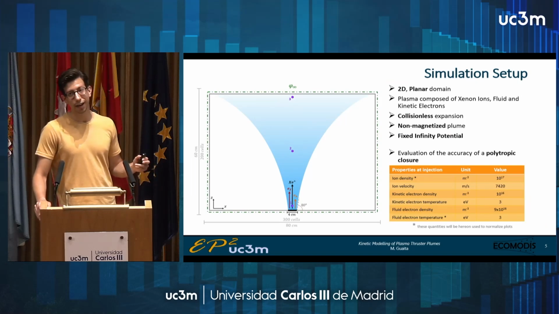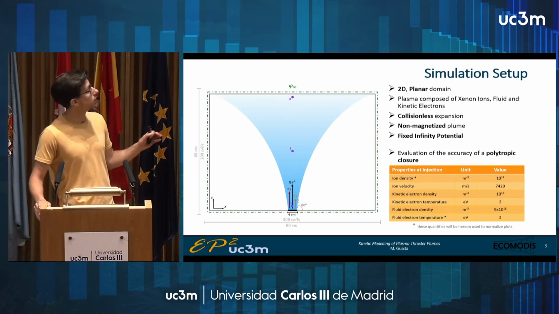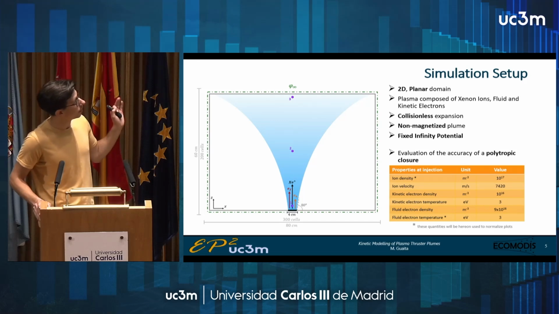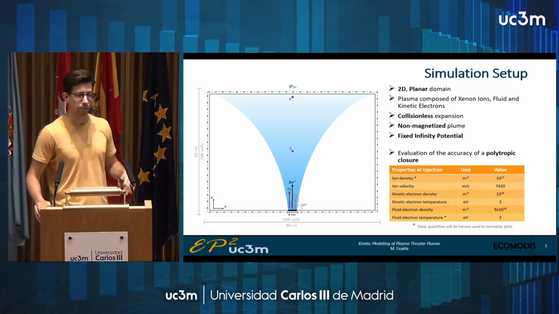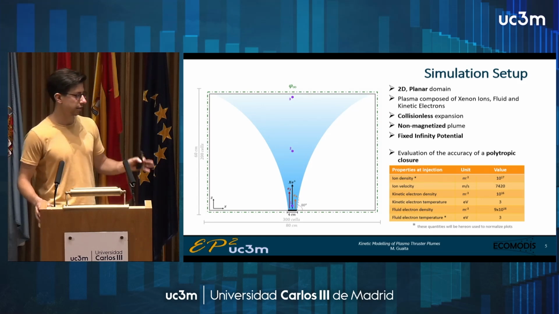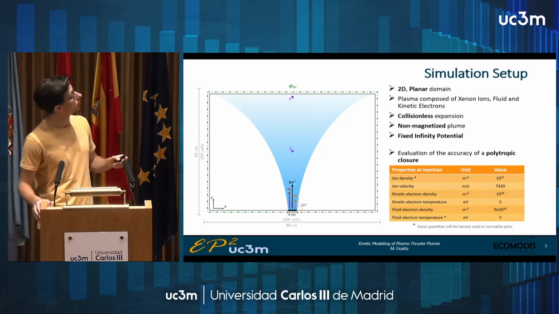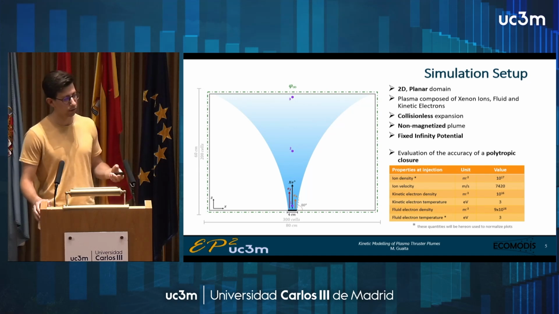So let's take a look at some results. This is just a simulation setup. It's a very simple planar and 2D plume in which there are no collisions, no magnetic fields. It's just xenon ions and fluid and kinetic electrons. And for the fluid electrons, the fluid equations are closed with a simple